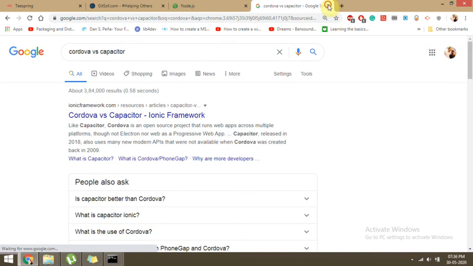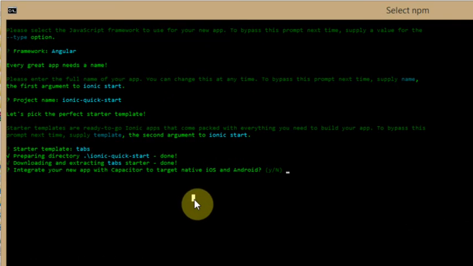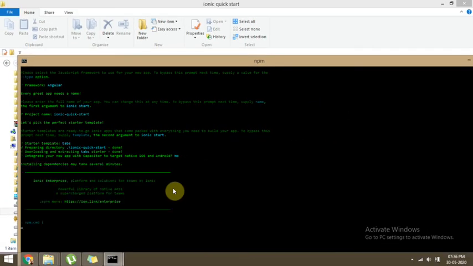Currently I am using Cordova because Cordova has a lot of community support which has improved it, and Capacitor is also working very fine. But I will explain in this video on the basis of Cordova. So I will select it and okay.